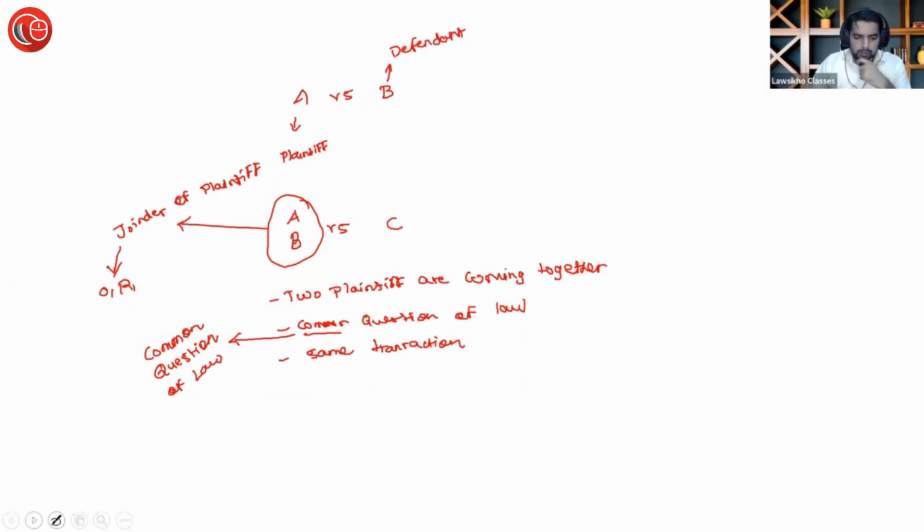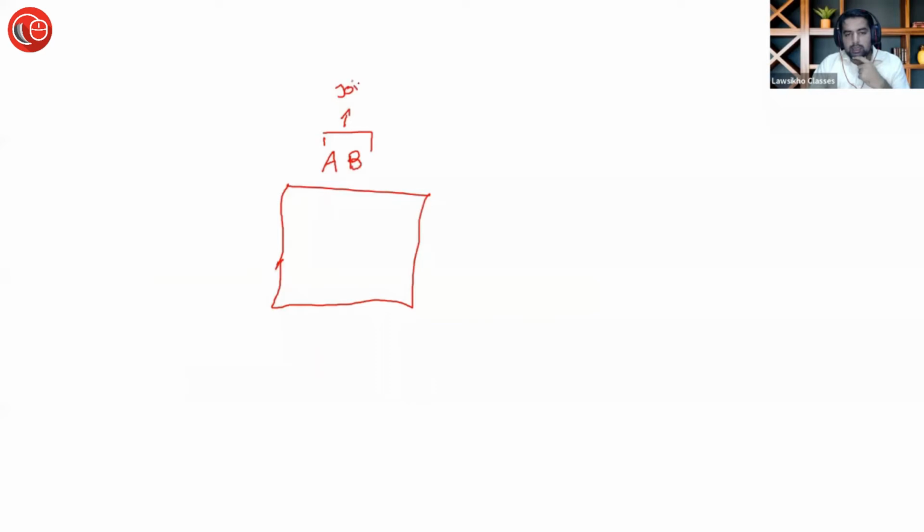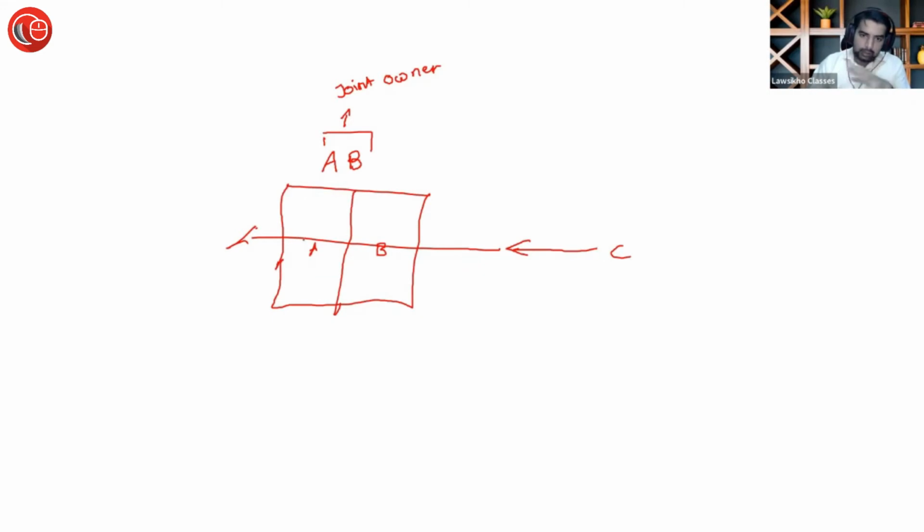Suppose एक land है. This is a land. This belongs to A and B both. They both are joint owners. Joint owners मतलब दोनों का आधा आधा हिस्सा है. ये बड़ा सा लैंड है and this part is A's, this part is B's. Now there one fellow comes, his name is C. He kicks both of them out, and he takes an illegal possession of this property. दोनों को निकालता है, A और B दोनों को धक्के मार के निकाल देता है.